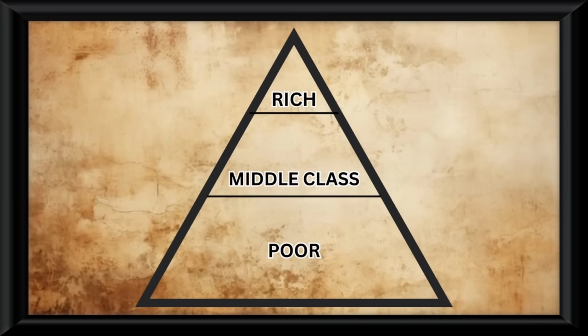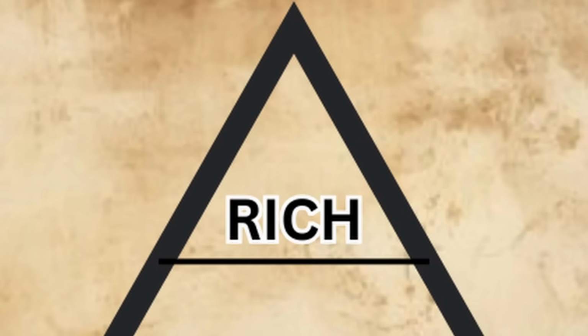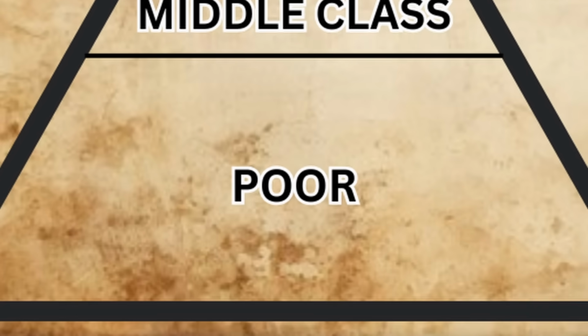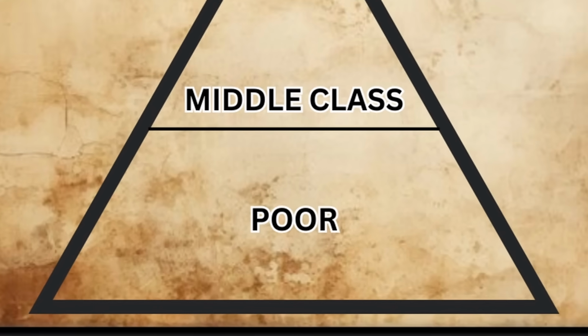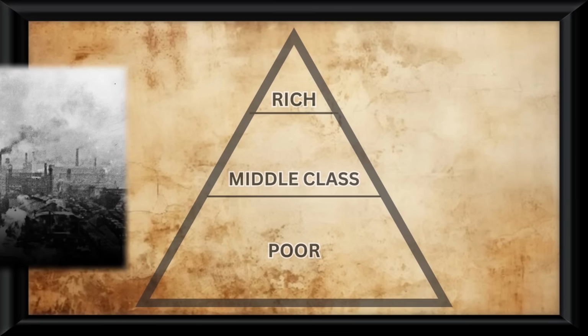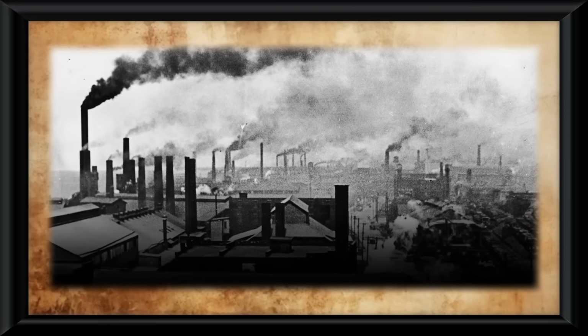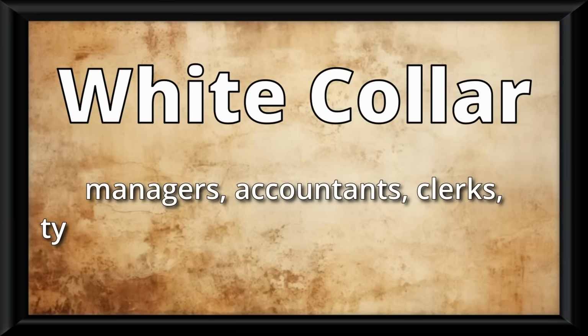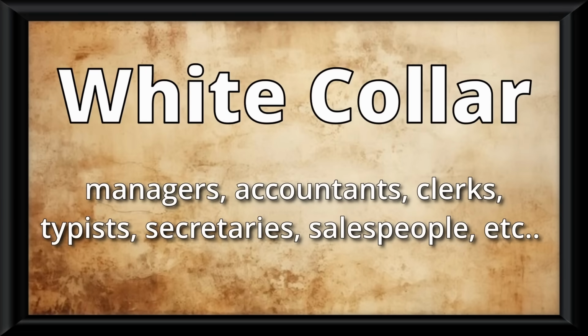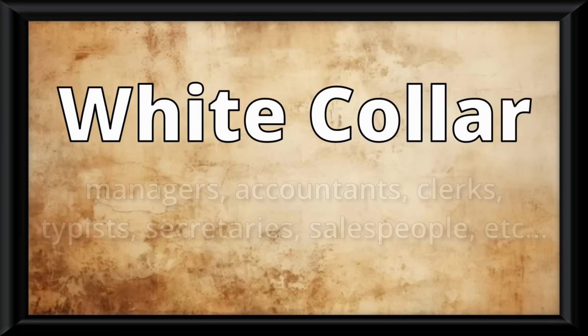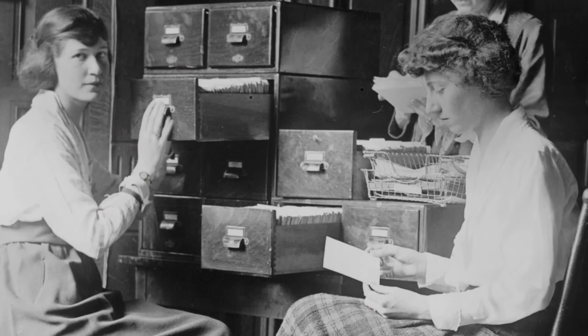Going back to this triangle, you have the ultra rich up at the top and the poverty-stricken factory workers at the bottom. But those weren't the only two jobs that were needed in this era. Big businesses like factories also require a lot of white-collar work, meaning things like managers, accountants, clerks, typists, secretaries, salespeople, etc. were needed. And these jobs paid better than factory work and were way safer. Most of the clerical work that was available at a lower level will actually mostly be taken by the women in society. The other thing this ties into is education.